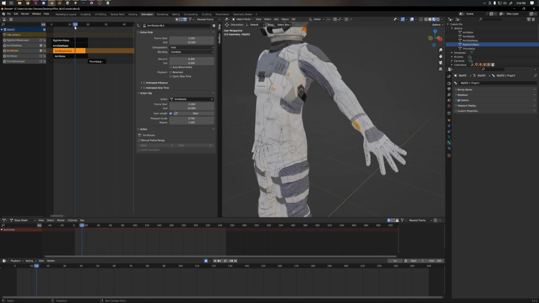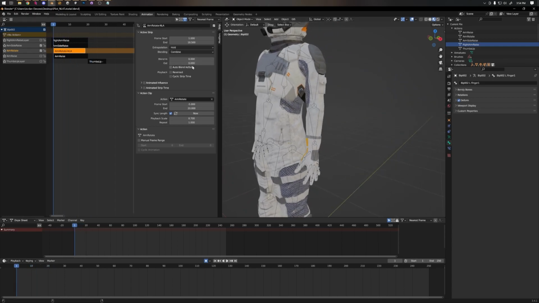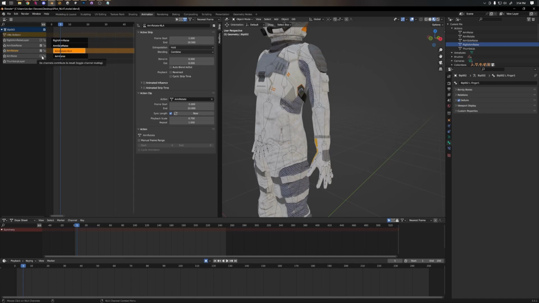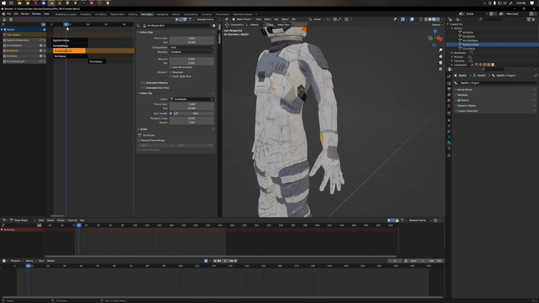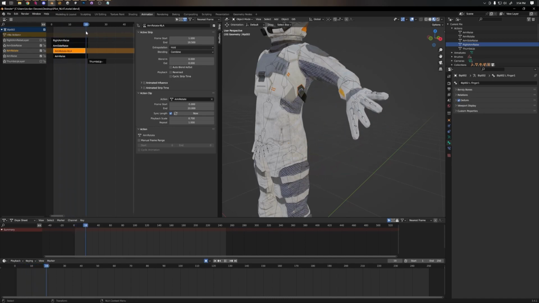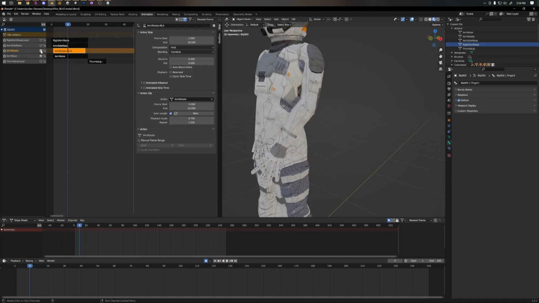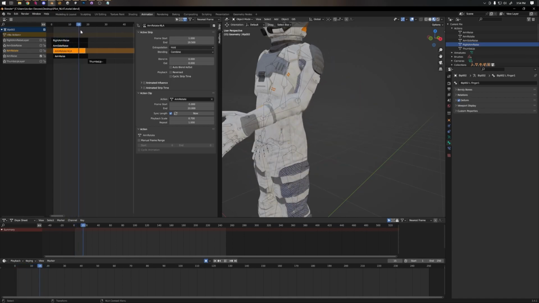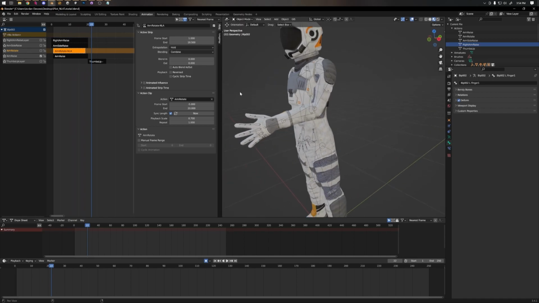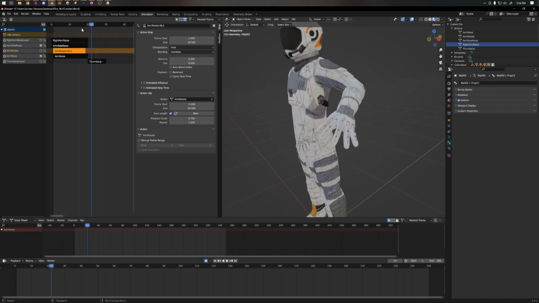What you can do is you can use blending in and out to add two things together. So let's turn on the arm raise. And you can see they're kind of coming in together. So this one on its own, by the way, is just raising up the arm in a thumbs up type pose. So if you turn on both of these, you can select,